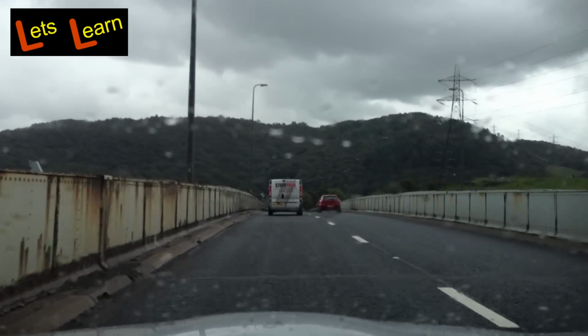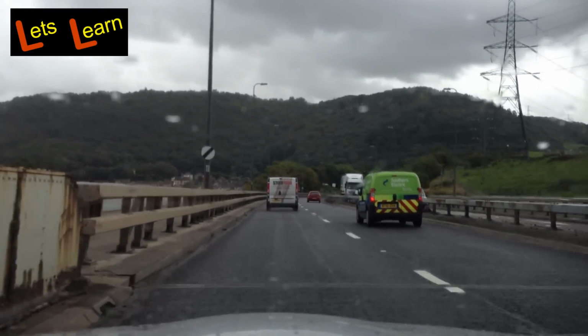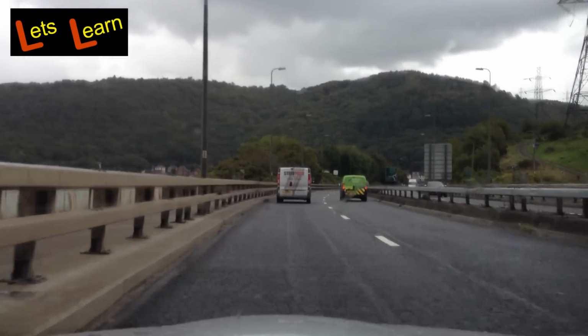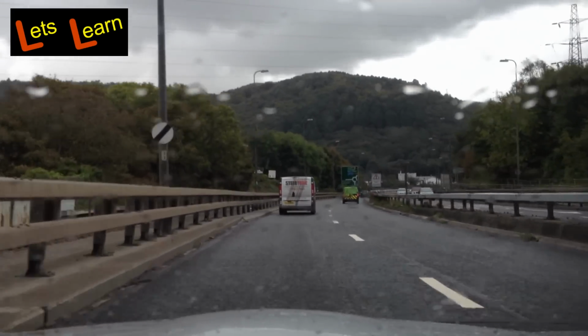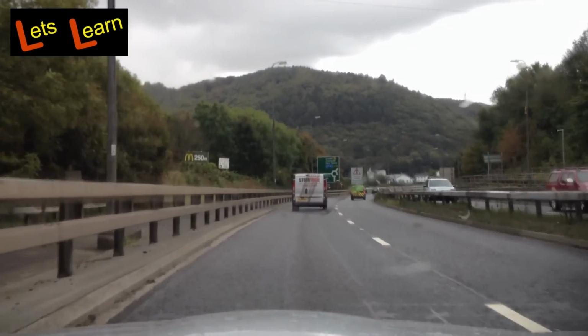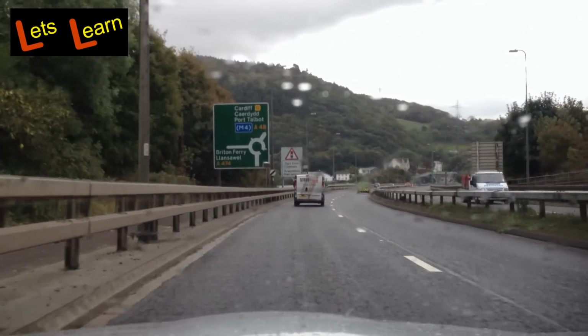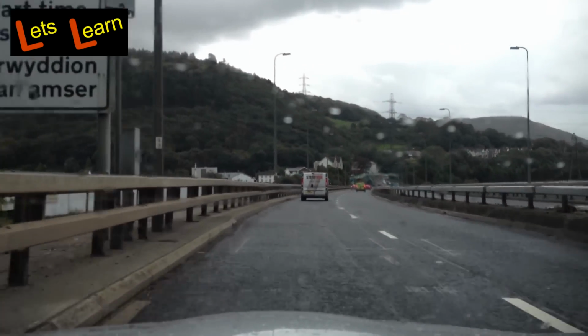We are now approaching the Briton Ferry Roundabout again from the direction of Swansea. Our intention is to follow the sign to the M4. As we approach the sign, it can be seen that the exit to the M4 is to the right. However, we need to treat this as